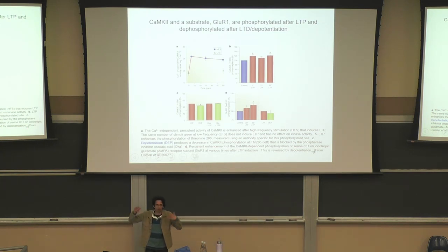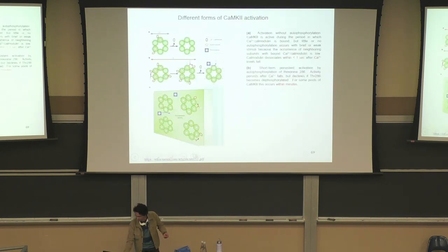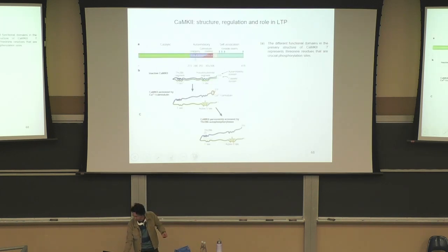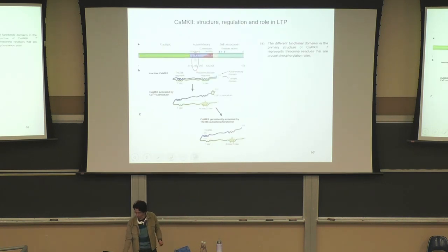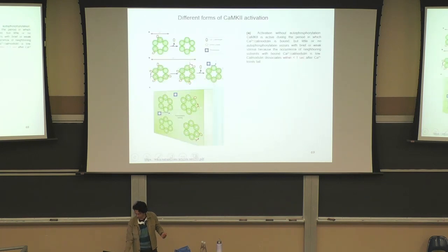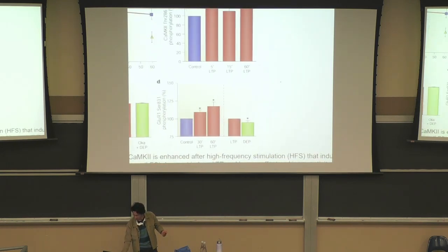So this is just an actual measurement of this diagram, showing that we get more phosphorylation of the AMPA receptor during LTP, and what precedes that is more autophosphorylation of CAM kinase 2, because the CAM kinase 2 pathway has to first phosphorylate itself, become activated, and then that activates the AMPA receptor. So those are two consequences of the strengthening. Okay, so any question about this graph here?